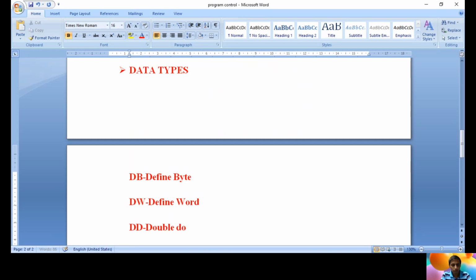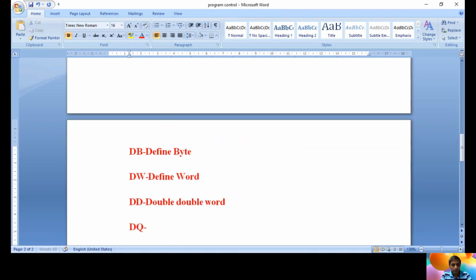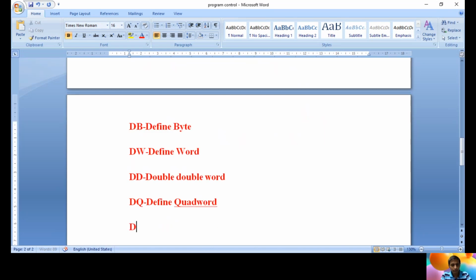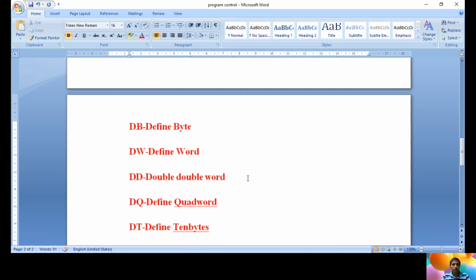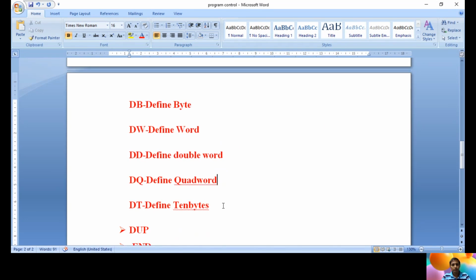DQ is define quad word, and similarly DT is define ten bytes, which defines 10 bytes at a time. Like that, we have 5 data types in assembler directives: define byte, define word, define double word, define quad word, and define ten bytes.